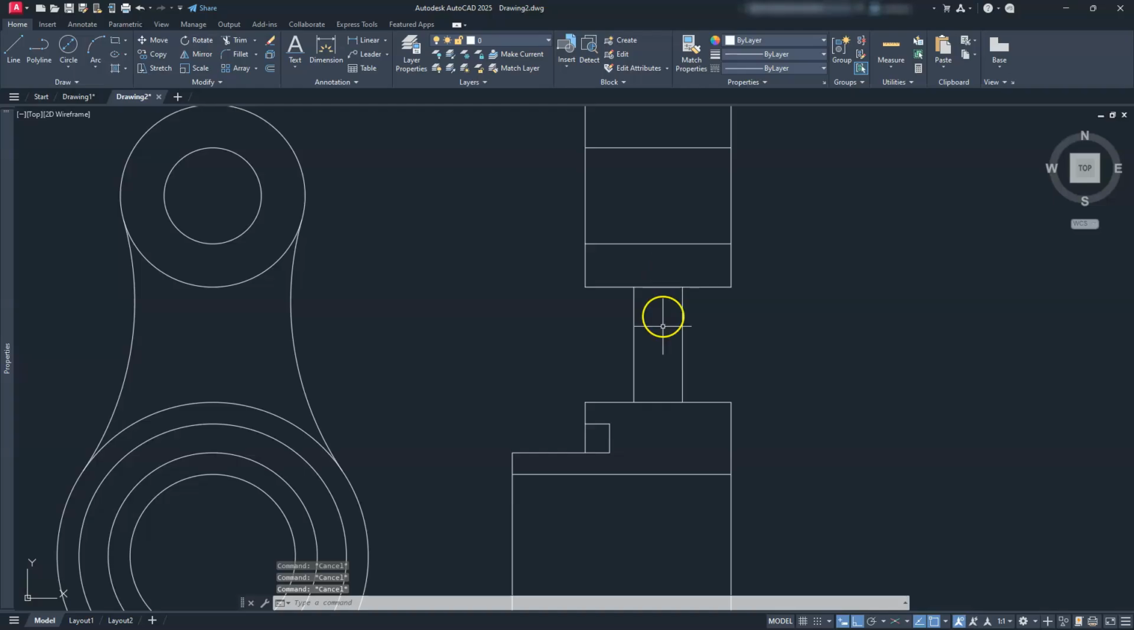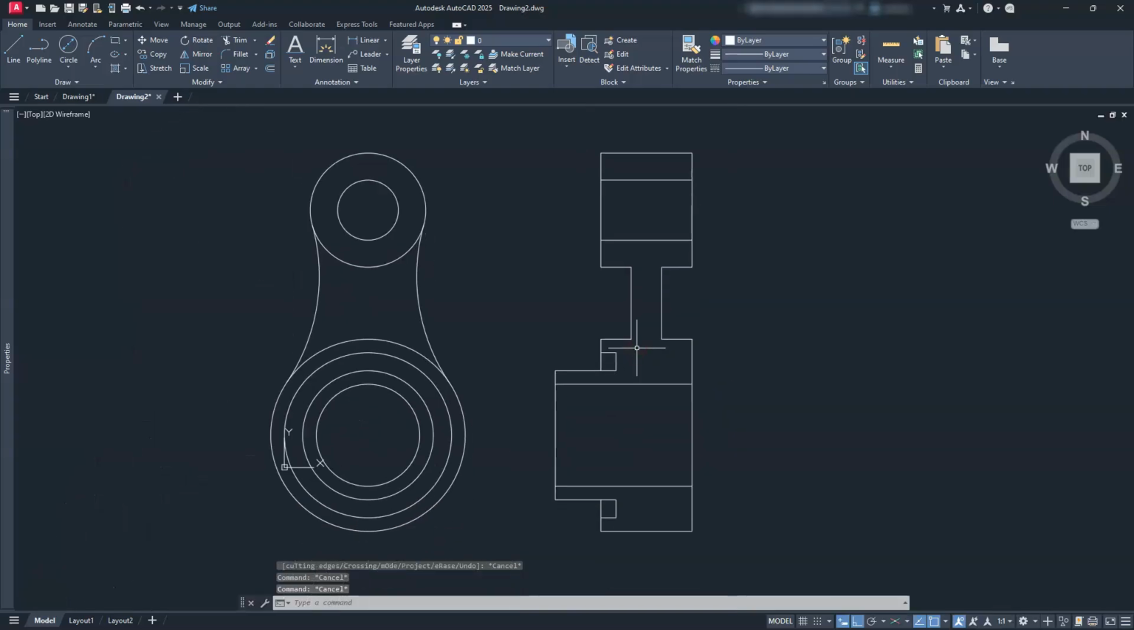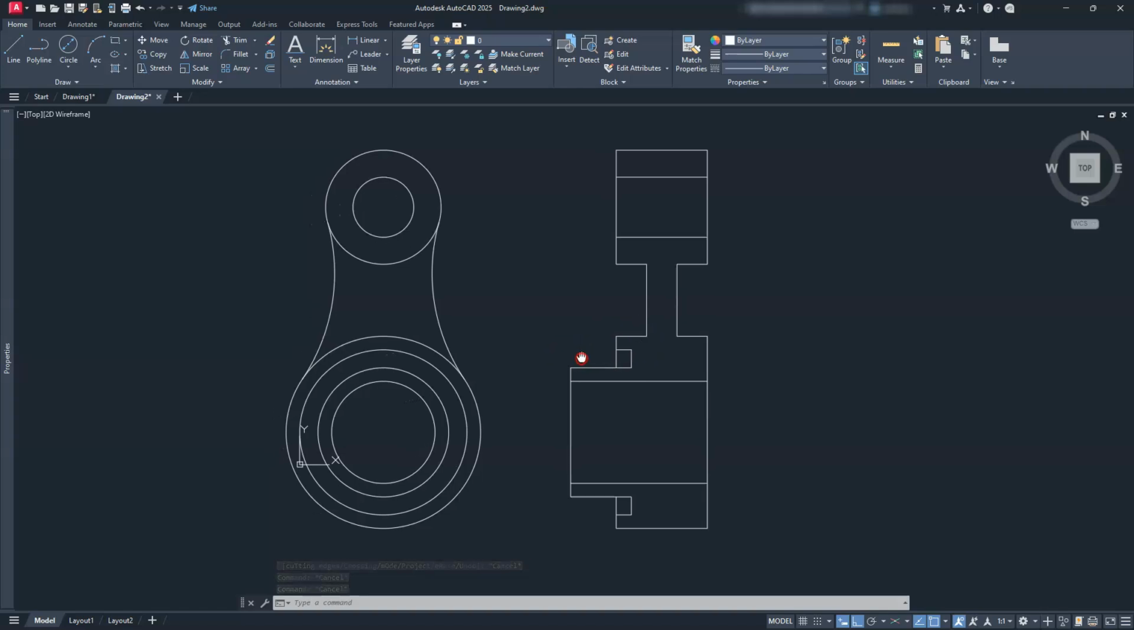And then I'm just going to trim off in between here. So go back to the trim command. I just typed in TR there. And I'll trim in between here. Okay, so now that I have all of that done, now we're ready to kind of take a look at